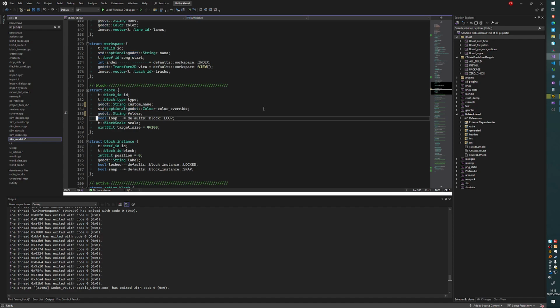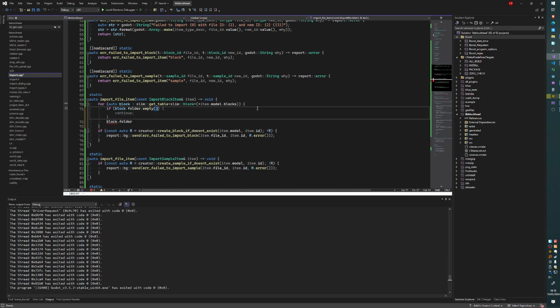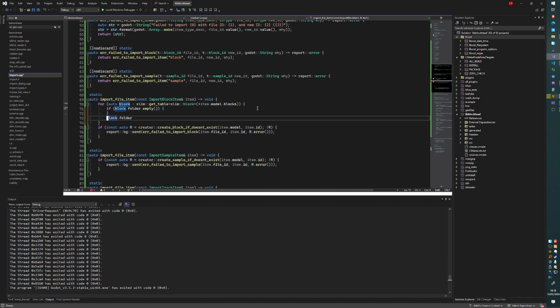Because obviously a string just has an empty function. So if there's no folder, then if this block is imported, then it's immediately going to be erased as soon as you do anything because of the garbage collection thing. So I need to set the folder to imported like that. And then